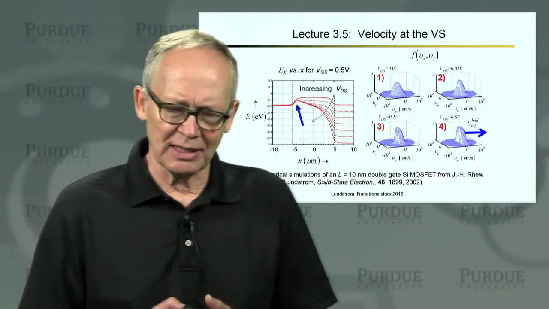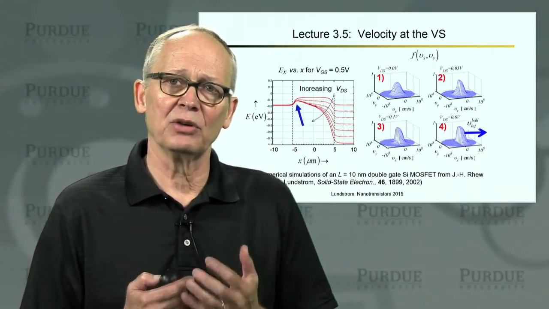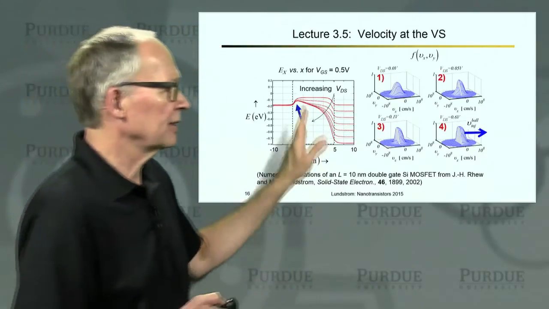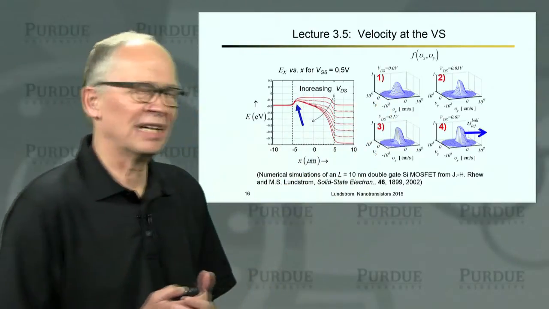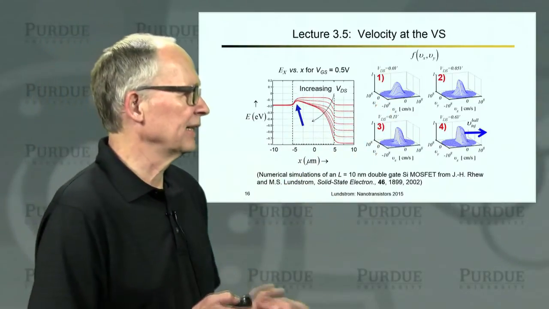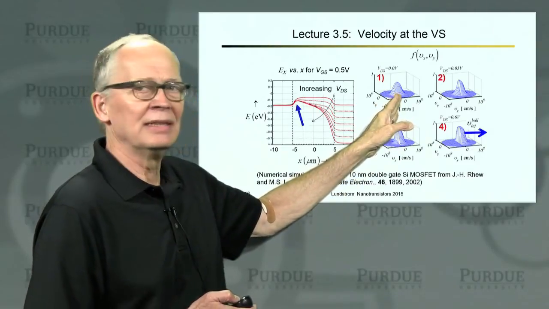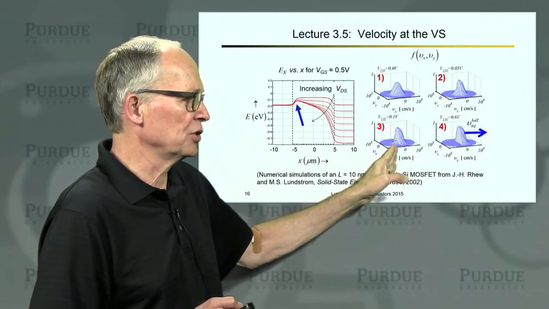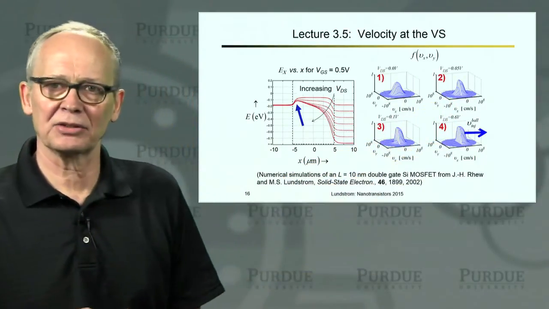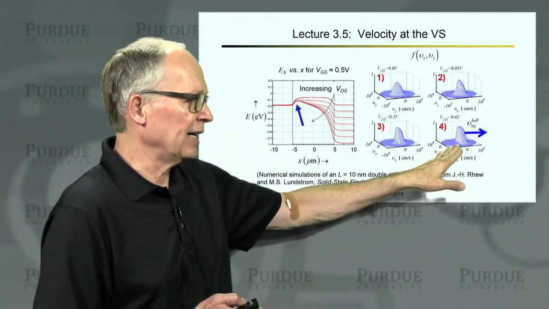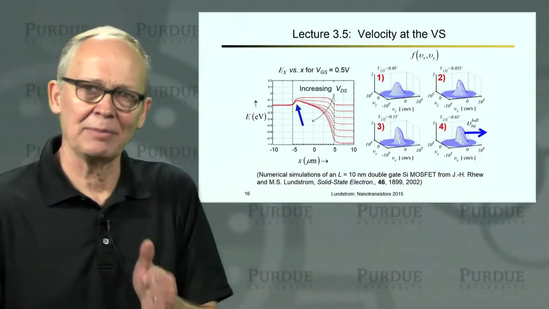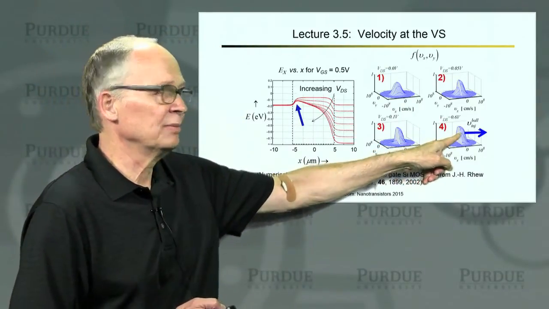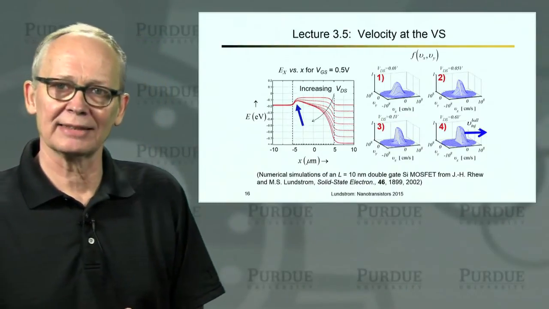Now, we also looked in a little more detail about what is going on inside this device as we vary the drain voltage. So we looked at the top of the barrier, we examined the velocity distributions inside the device, we saw how they changed from a symmetrical distribution at zero drain voltage to an asymmetrical distribution, which gets increasingly asymmetrical, and in the limit of high drain voltage becomes just a hemi-Maxwellian or a hemi-Fermi-Dirac distribution, the average velocity of which is what we call the ballistic injection velocity.